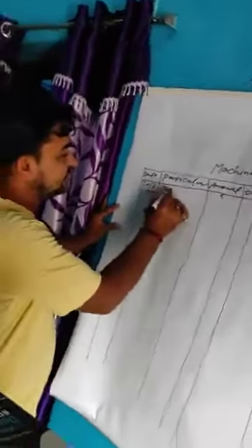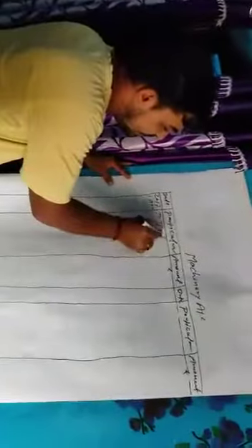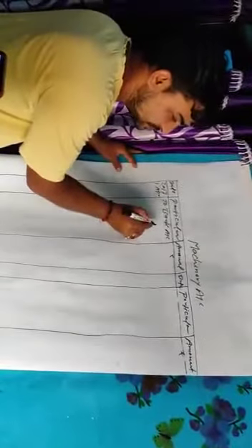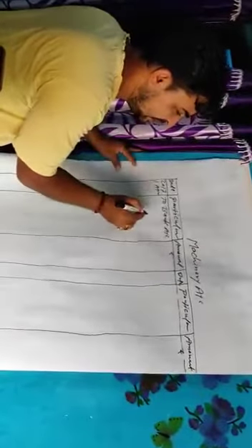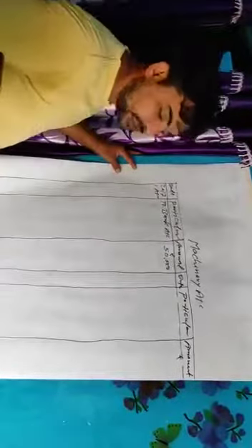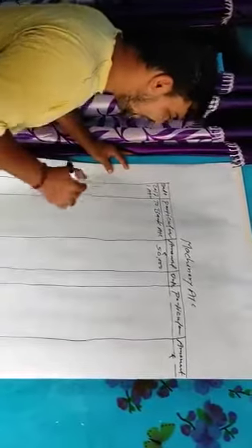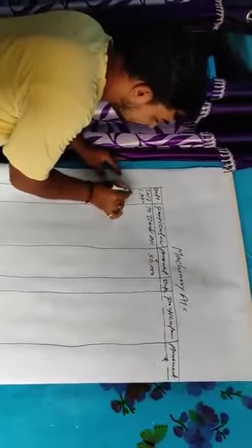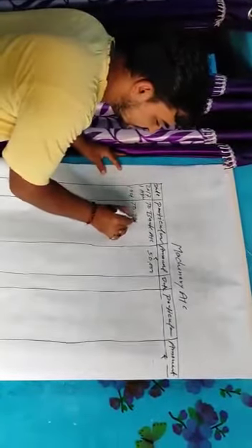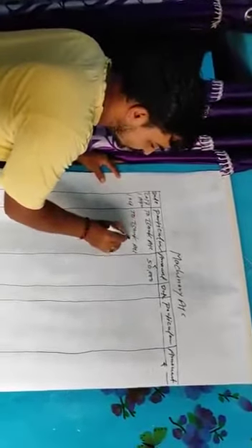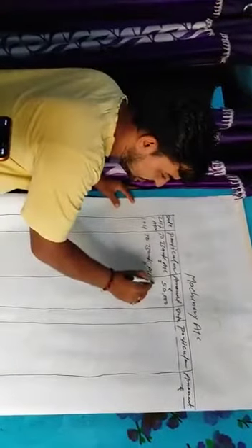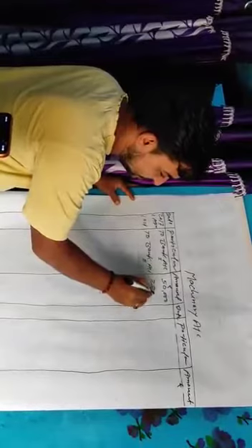A new machinery has been purchased, credited to the bank account. The amount is, suppose, 50,000. How much is it? 50,000. And in the same year, on 1st October, one more machinery is purchased, that is the second machinery, credited to the bank account. This is the second one and this is the first one. Suppose this one has been purchased for rupees 20,000.